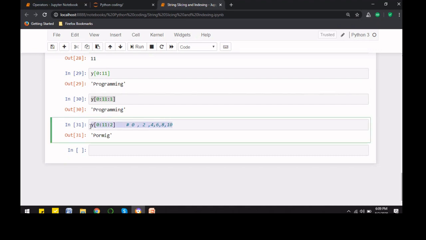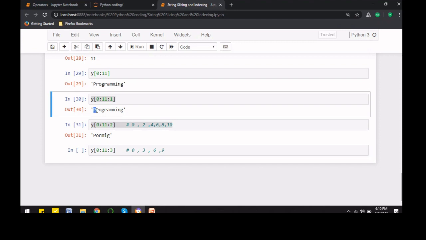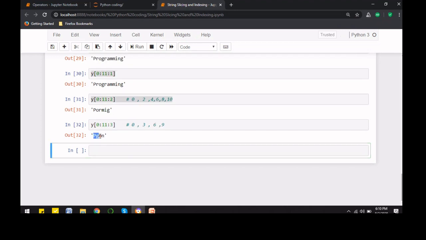Now again copy the same thing. Let's increase the margin now. So here it will be now 0, 3, 6 and 9, right? Now let's see what will be the output here. 0, then we will be having G, then we will be having M, and then we will be having this, right? So let's see the output, this will be your output. And similarly, if we further increase the margin, we are going to get different results according to the margin.